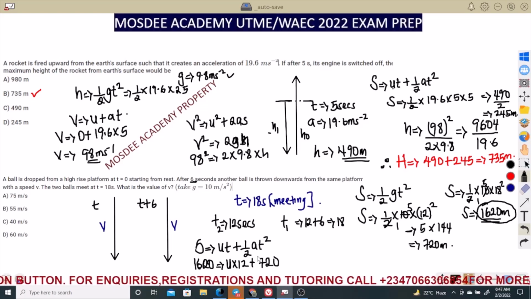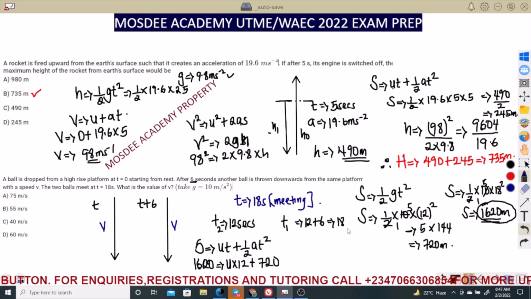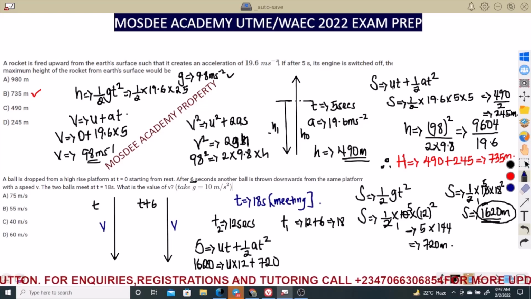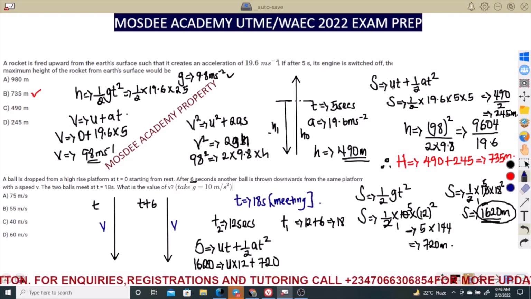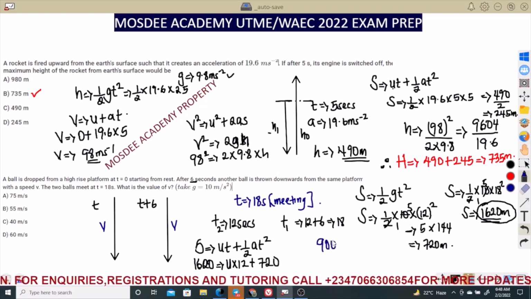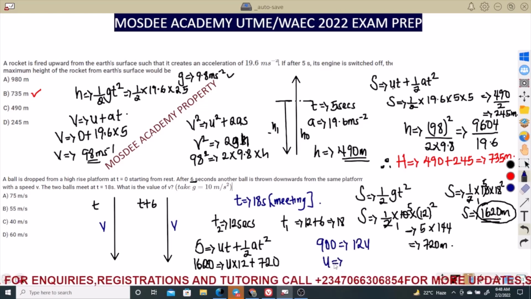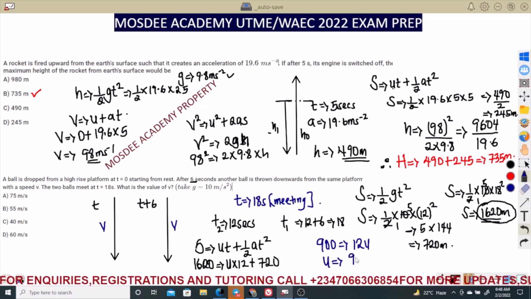So please, understanding the question goes a long way. I've done a lot of questions on this. So now directly we can just solve this to get the value of u. On simplification, this should be 1620 minus 720. So that is like 162 minus 72, which should give us 900. So 900 is equal to 12u. So here we say u equals 900 divided by 12.